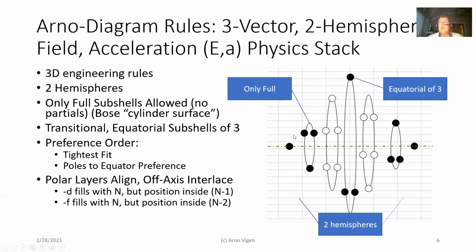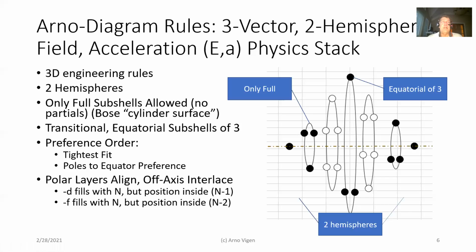So that means normally you always have these 2 pairs, so it's always even numbers. But many elements in the periodic table have odd numbers. So that comes with the addition of this equatorial set of 3, which is only transitional and not found in regular,